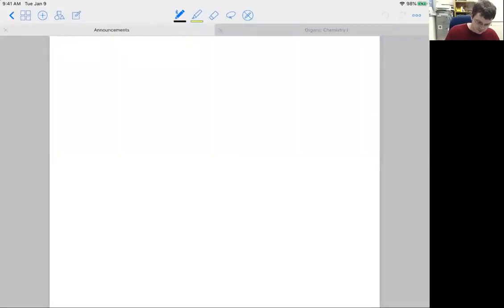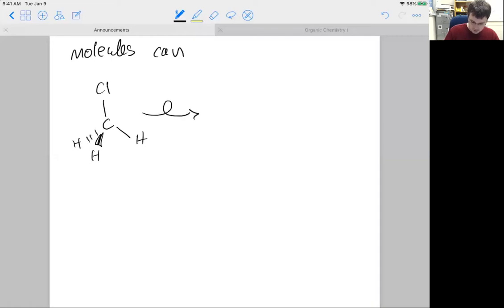What I'm saying, maybe I'll just go through it super quick on a new page, is molecules can roll. Don't get too tied down to what is your wedge and your dash. Let's say I've got a molecule that looks like this, where I replace one of the hydrogens with a chlorine atom. I'm just going to let that molecule roll around. Let's push it down on its side, this way. If I do that, I'm going to put the chlorine here. Then there's going to be an H here, an H here, and an H here. If I flip it around this way,